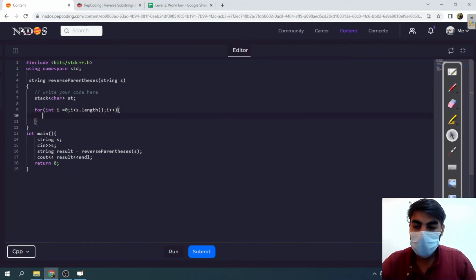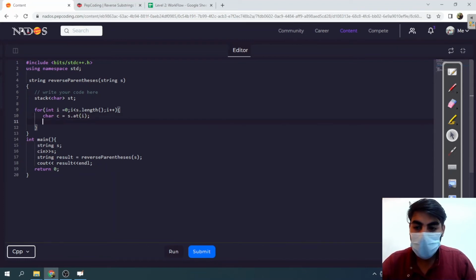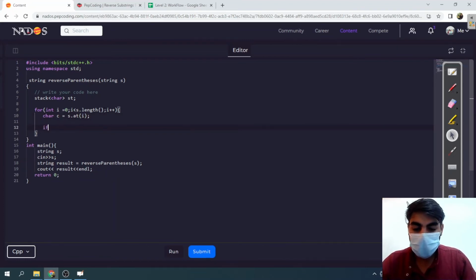Now I am taking a character c, which is s at i. Okay, now I am checking my first condition: if c is equal to